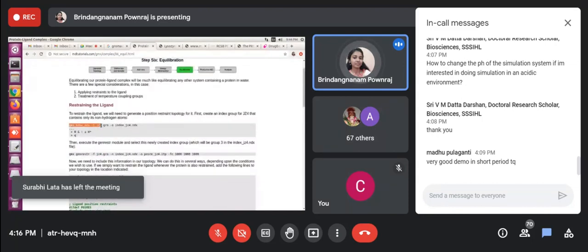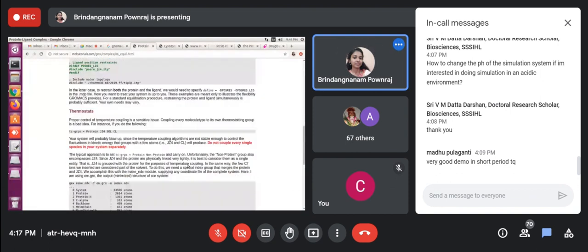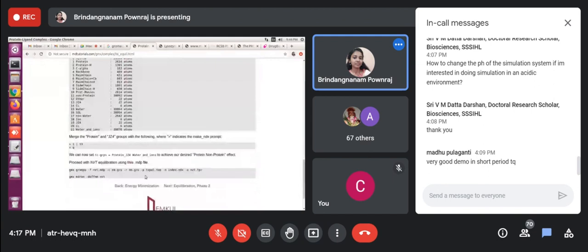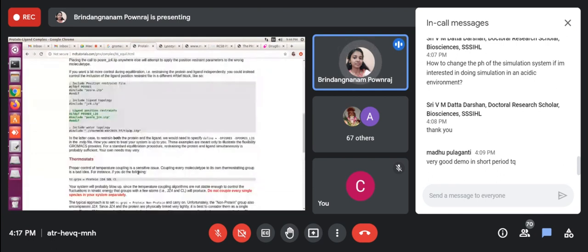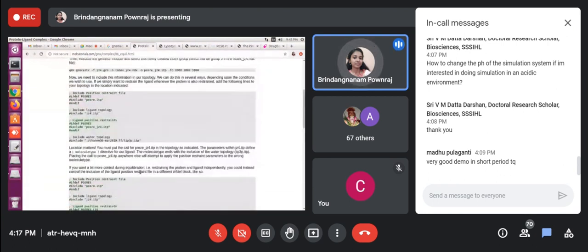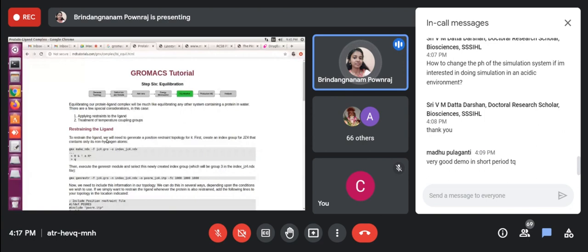So here you have to make an index. This is before running NVT, meaning after running energy minimization and before running the equilibration step, you have to create an index. Index means you have to combine your protein and ligand. First we are manually combining, creating one separate file for the protein and ligand, which we are storing as the protein-ligand complex in the index.